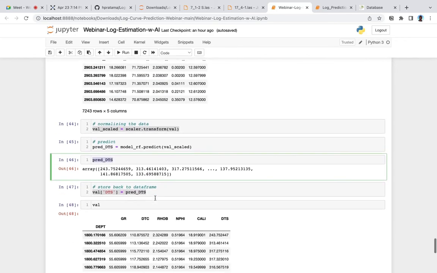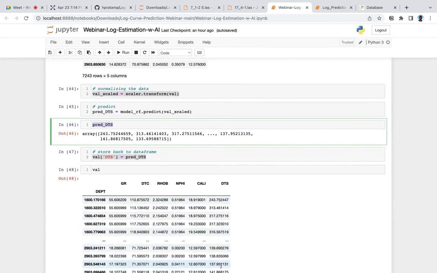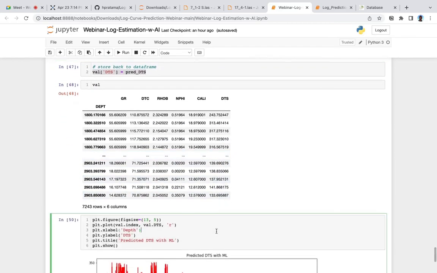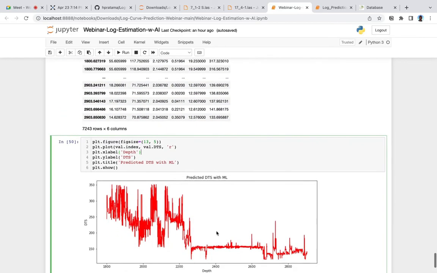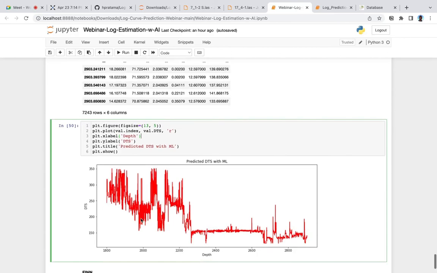We store it back into the data frame, and then you can easily visualize the predicted value in a plot. This is the depth and this is the predicted DTS.